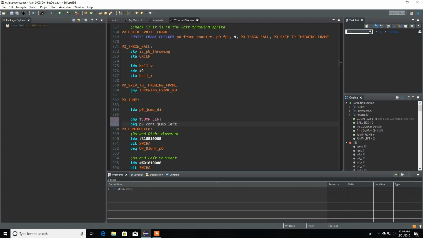Jump left. This is jump right. Jump right. So I want to add all these values first, and let me just do a quick copy and paste here for our labels,